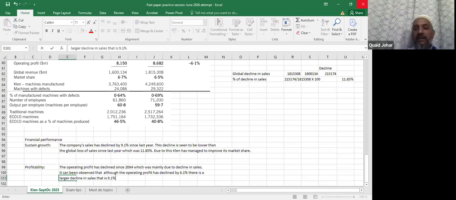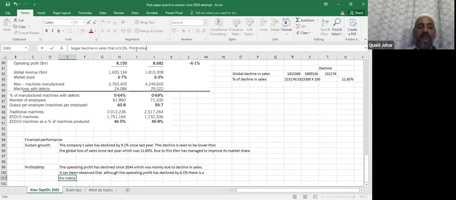9.1%. तो अगर 9.1% सेल्स में डिक्लाइन हुआ है, तो ऑपरेटिंग प्रॉफिट में भी 9% डिक्लाइन आना चाहिए था, लेकिन कम है। तो क्या शो करता है, कोई रीजन आता है? ऑब्जर्वेशन तो आगे 1 मार्क मिल गया आपको ऑब्जर्व करने का, कि सेल्स 6.1 कम हो, तो गिवन नहीं है क्वेश्चन के अंदर। अच्छा, अब अगर आप ये लिखते हैं ना कि 6.1% सेल्स में डिक्लाइन आ गया, तो आपको कोई मार्क नहीं मिलेगा, क्योंकि वो तो पहले से क्वेश्चन में गिवन है। तो मेन चीज क्या है कि मैं उसको कंपेयर कर रहा हूँ किसके साथ, 9.1% सेल्स के साथ, उसका मुझे मार्क मिल जाएगा। तो 9.1% सेल्स में डिक्लाइन हो और प्रॉफिट में सिर्फ 6.1 हो, इसका मतलब इनका कॉस्ट पे क्या है, कंट्रोल है।